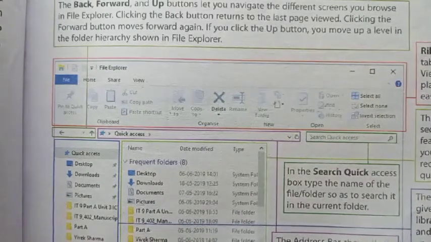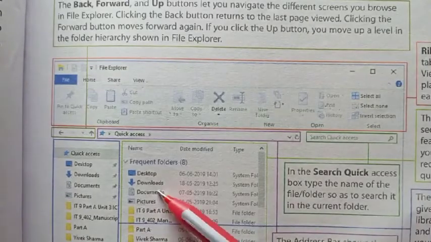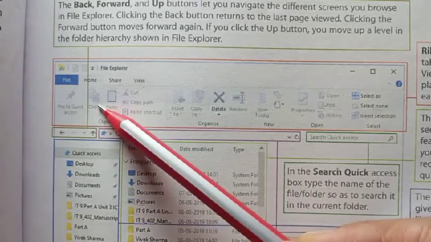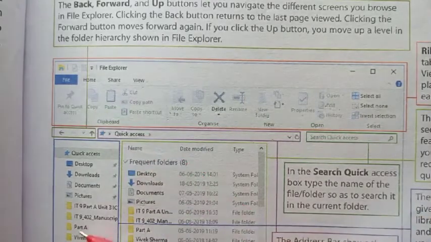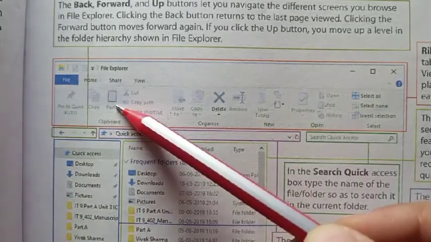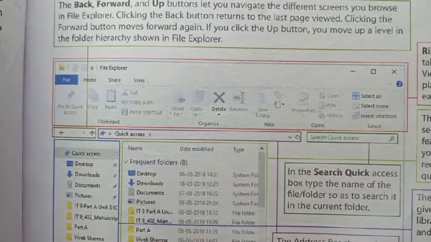Similarly, if I want to copy a folder, I will click on the folder or the file that is to be copied, then click on the copy option, go to the new place where I want to paste it, double click on it and use the paste option. Or we can do this by using the shortcut keys Ctrl C for copy and Ctrl V for paste. So these are some of the common operations that we do with Windows.